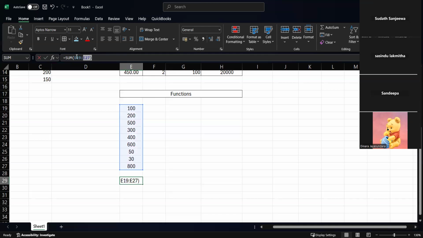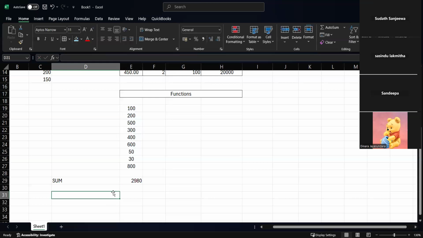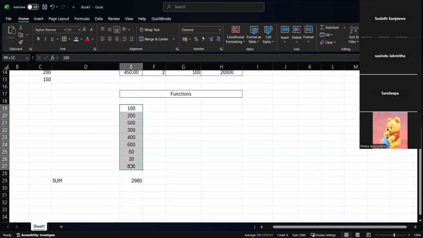So this is the function to get the total of this cell range, right? So this is for sum, right? Then I want to get the average of this